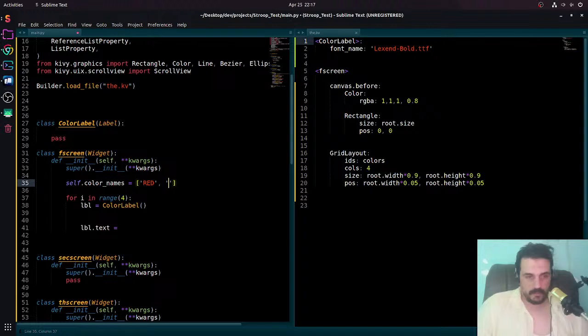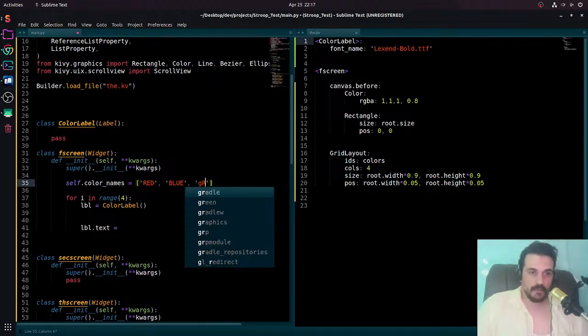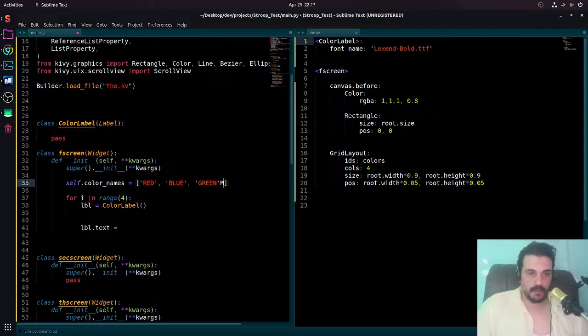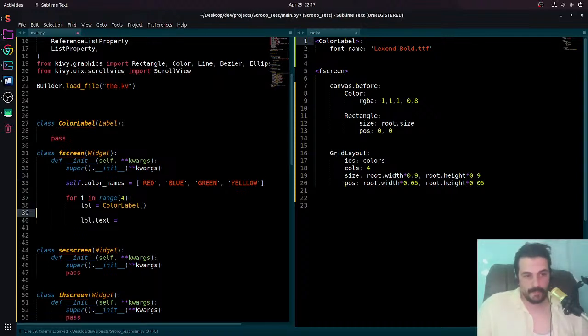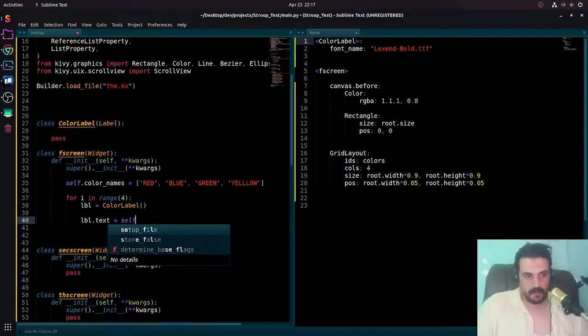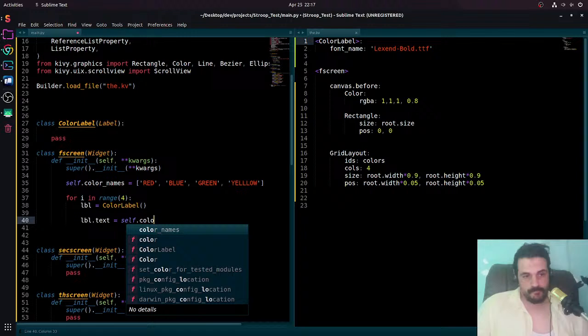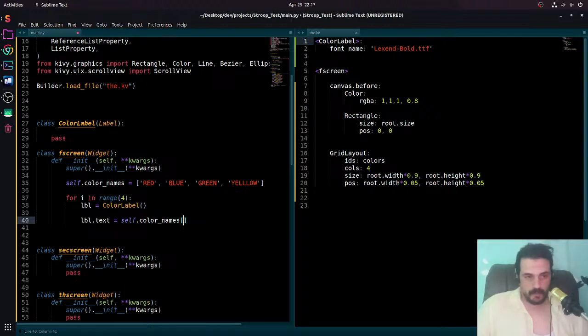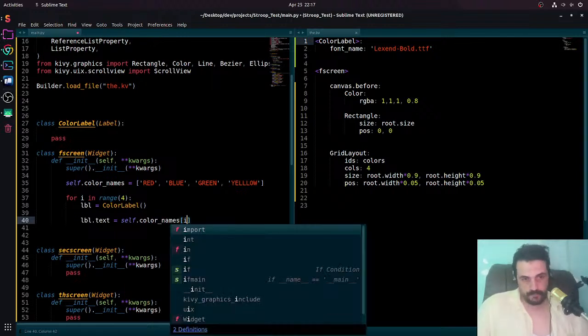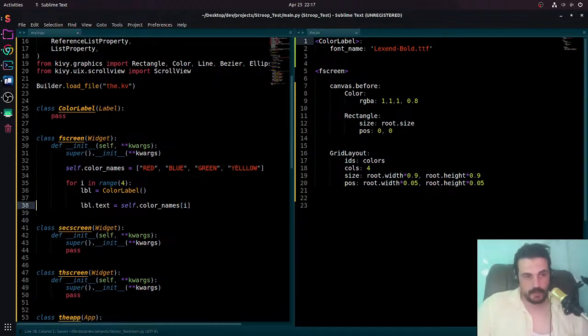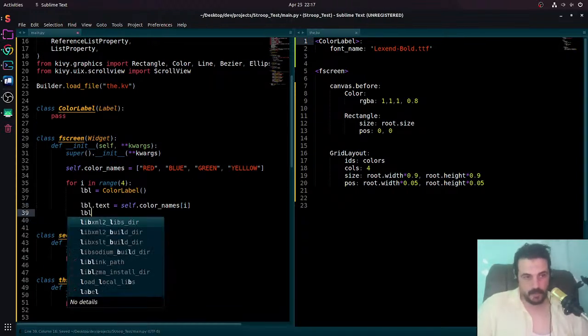Red, green, and yellow this way. So the label text should be self color names, then I. This way, this should do it. Okay, maybe we have to add something